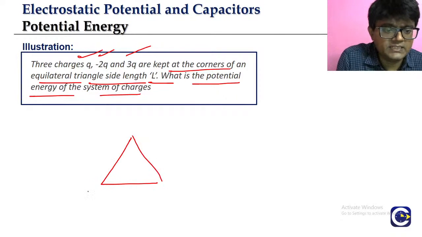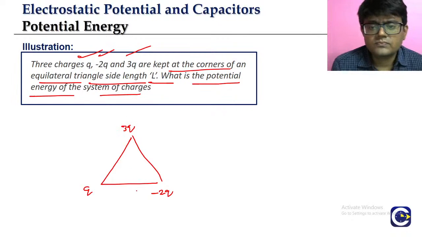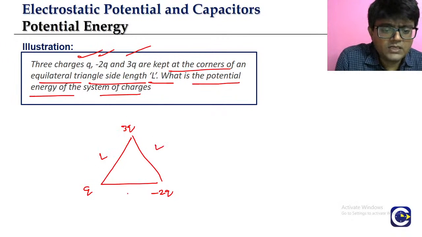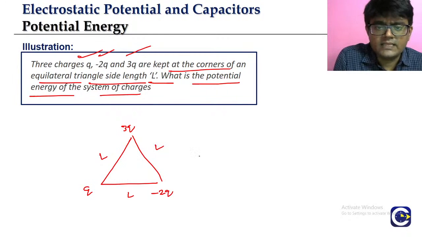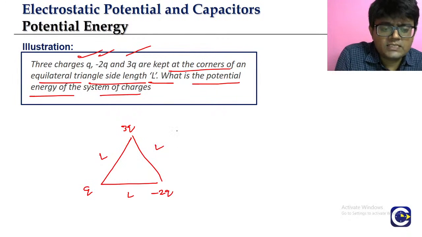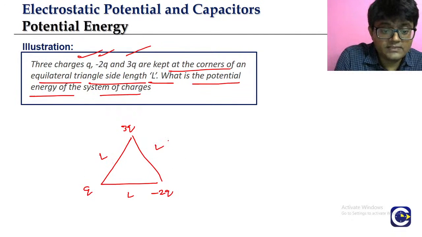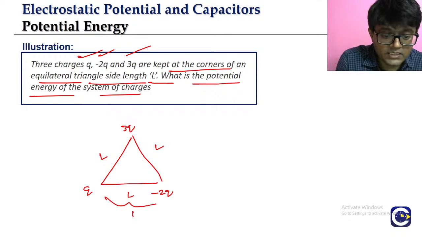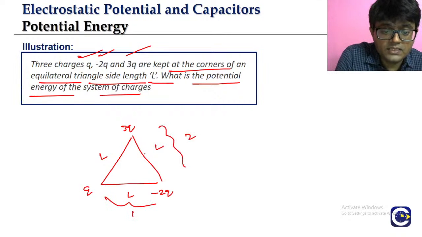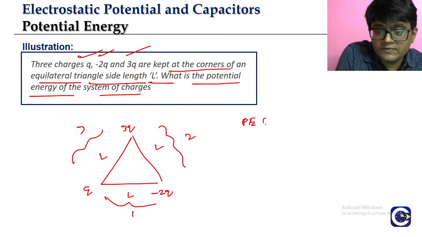So we have 3 charges: q, then minus 2q, then 3q. They are kept at the corners of the equilateral triangle. Side length is L. So we have to calculate the potential energy of this system. As said, how many pairs will we have? 3 pairs. Mark them. This is one pair, this is the second pair, this is the third pair. So potential energy of the first pair